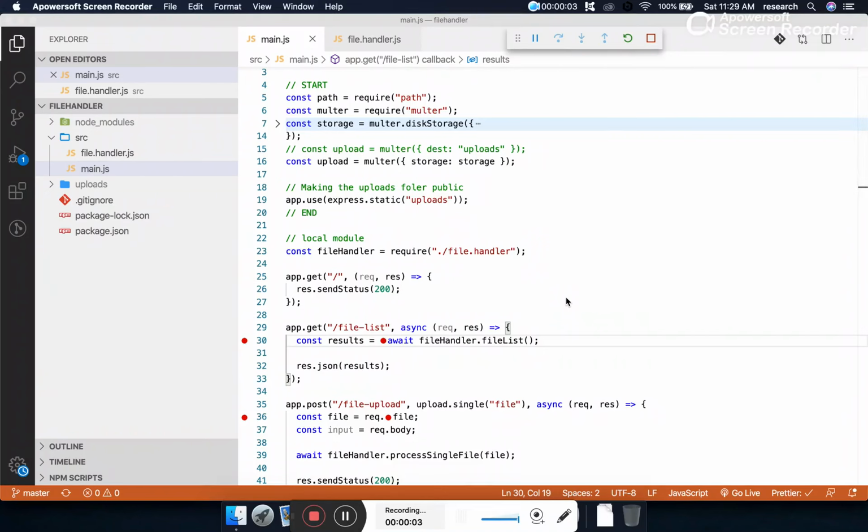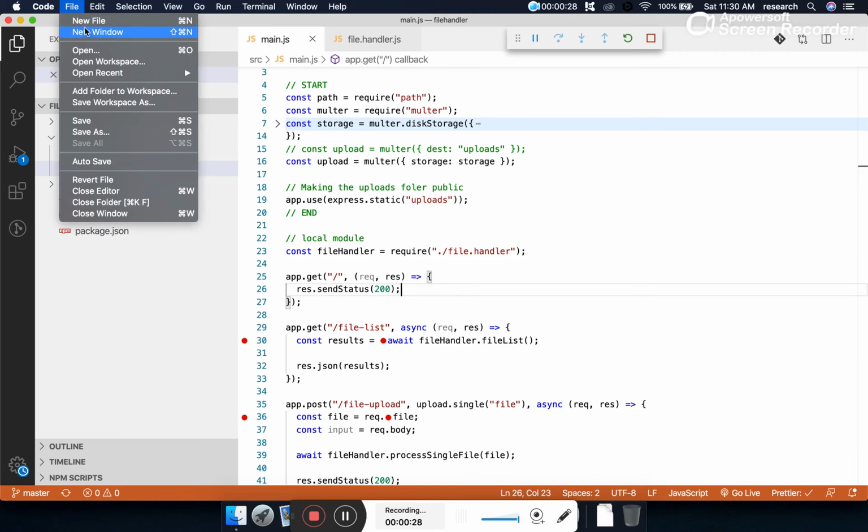Hello everyone. In the last two episodes, we have learned how to create an API to upload an image. And for testing purposes, we were using Postman to upload the images. In this episode, we are going to create a web client, a simple user interface through which we will be uploading the image. Okay, so let's begin.